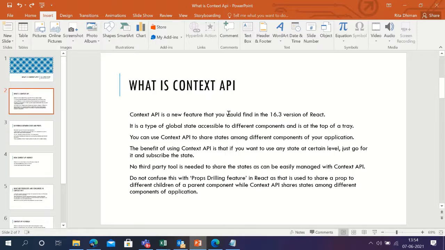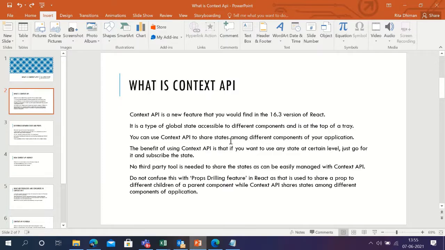For example, in React, like in Angular and other frameworks, there are many components, and every component has some states. If you want to share some states between these components, you will need something that can make them global, because every state is connected to a component. That is normally provided by Context API, and due to this, Context API was added as a new feature in React in version 16.3. So you can use Context API to share states.